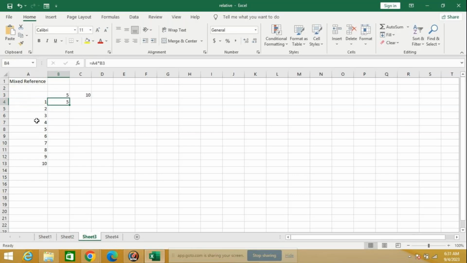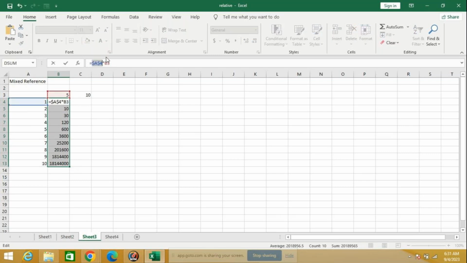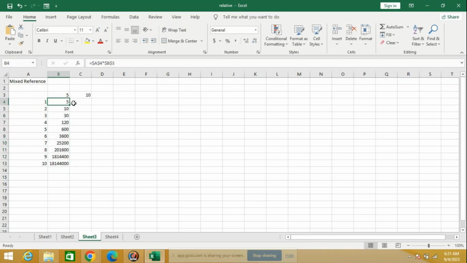So 1 5s are 5, 2 5s are 10, 3 5s are 15. But it is not showing you the proper value. So I want to make it constant. So here you press function key F4. Here also you press function key F4. You're going to make it as absolute cell addressing. Both row and column, row should be